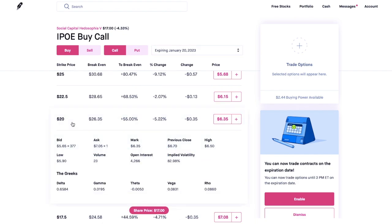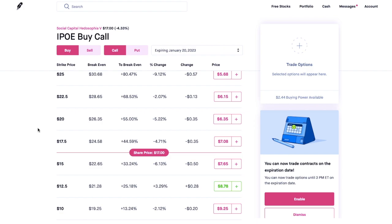There is a good amount of open interest, a little bit of volume, and the implied volatility is not too much. So I think that's a really good risk to reward ratio. For $635, you get a long time for this to be in the money, and it's almost at the money anyway. So I do know that IPOE's short interest is pretty high, but this will give you plenty of time